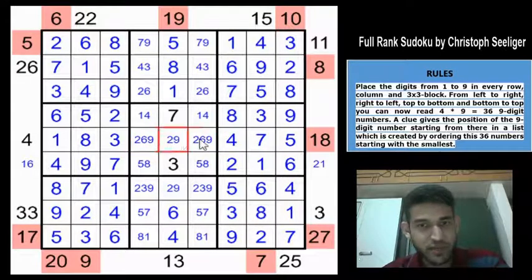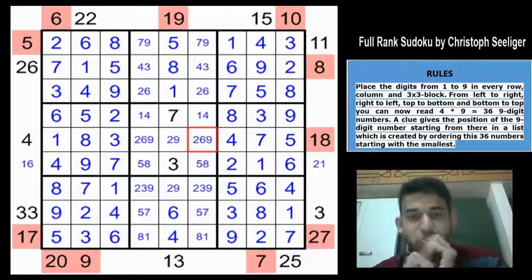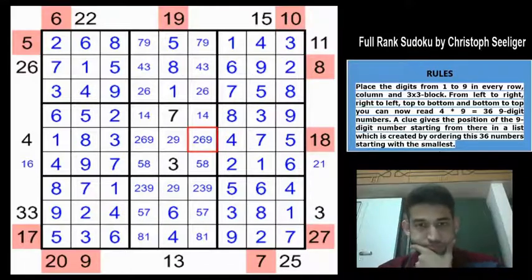So these 3 cells must be 2, 6 and in some order. Now we need to see how to continue the Sudoku. So we have shaded most of the outside clues. So let us try to focus on clues which are not shaded. So 25 is 7 on 4, 26 is 7 on 5. So this is also not going to help us in the solve. We can shade them.